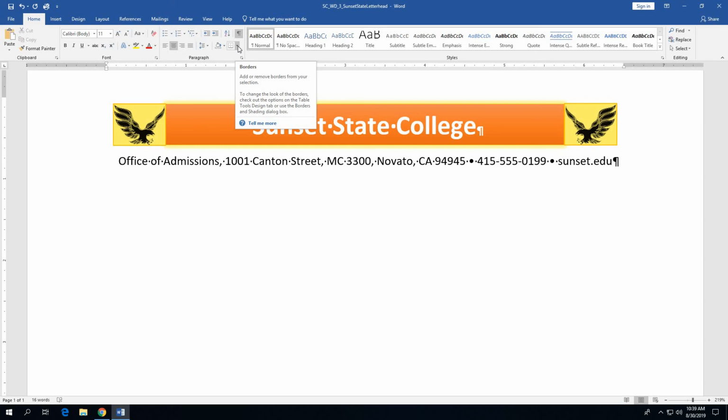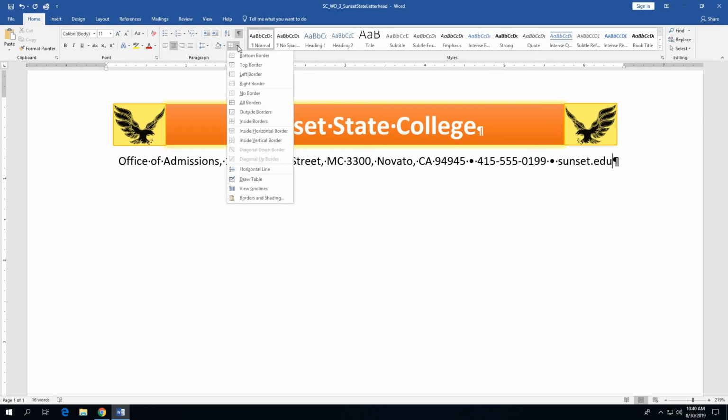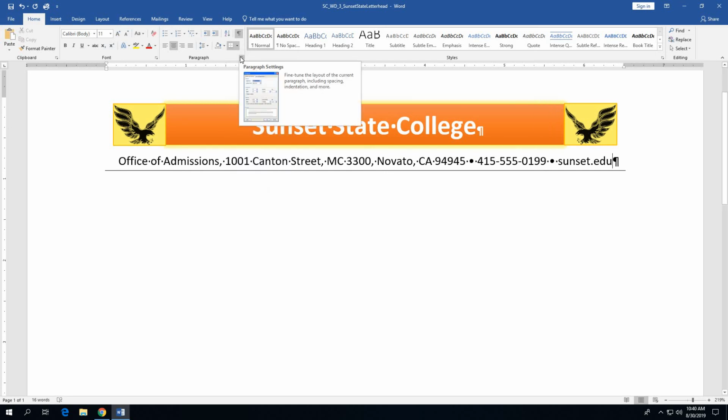Just click that little Borders button arrow, and you'll notice it opens up a list of various borders that we can add to that paragraph. And the type of border that we want to add is a bottom border. So we're going to find bottom border in that list. It should be at the very top there. We're going to click on bottom border,